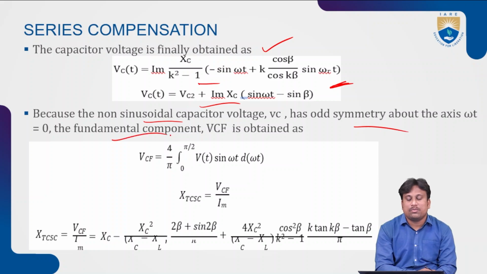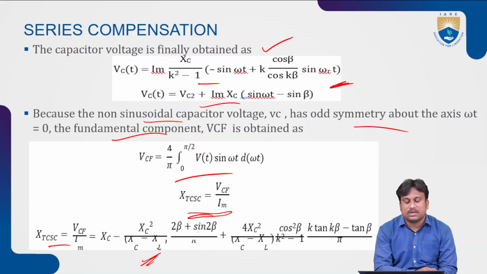So the fundamental component is obtained as Vcf equals 4 by pi integral from 0 to pi by 2 of Vc(t) sin omega t d omega t. So X_TCSC equals Vcf by Im, which gives Xc minus this value. So this will be 2 beta plus sin 2 beta by pi. So 4 Xc square by Xc minus XL with cos square beta can be obtained with tan k beta minus k tan